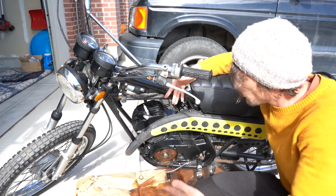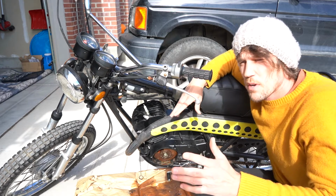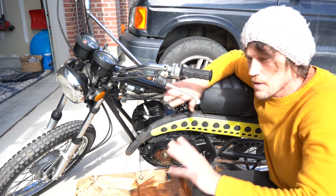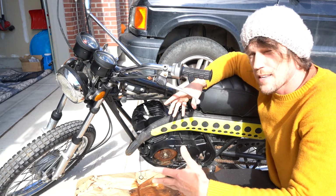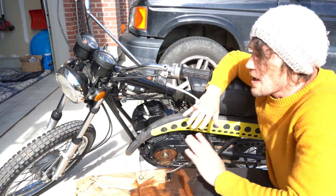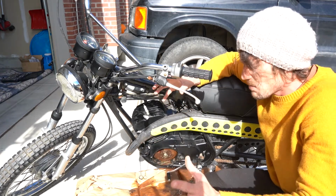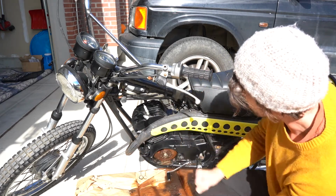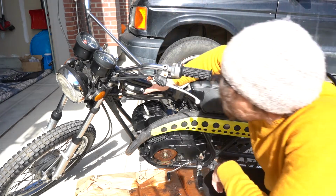Literally, I bought it to rebuild the engine. And the problem whenever you try to find a bike to rebuild is that usually someone's bought it to rebuild it already, and they've taken it apart, and the pieces are everywhere, and you don't have a lot of options to figure out how to put it back together other than looking at diagrams. I wanted to avoid that whole thing, and I wanted to have a bike that was complete but needed to be rebuilt, so I had something to do with my hands, a project to work on, and so this is what I got. It is a